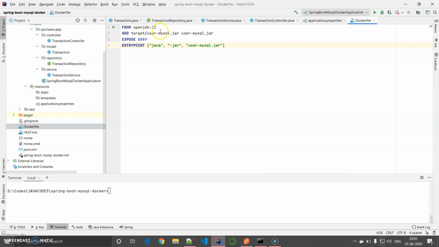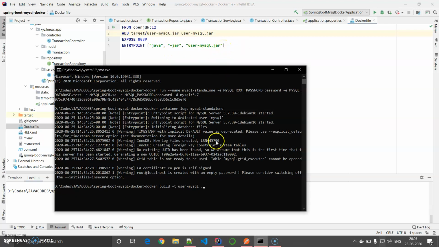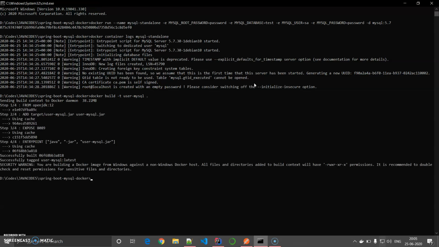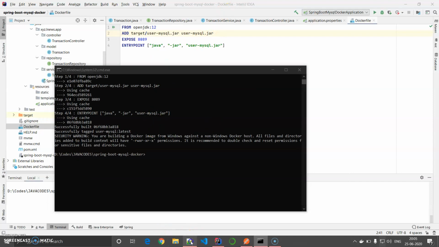It's doing FROM OpenJDK 12, adding the jar we have used, user-mysql.jar, exposing port 8089, and the entry point is java -jar user-mysql.jar. Okay, great. Let's build the image of this first. It's running, it will not take much time. Yeah, it's done. Now it's time to run it.